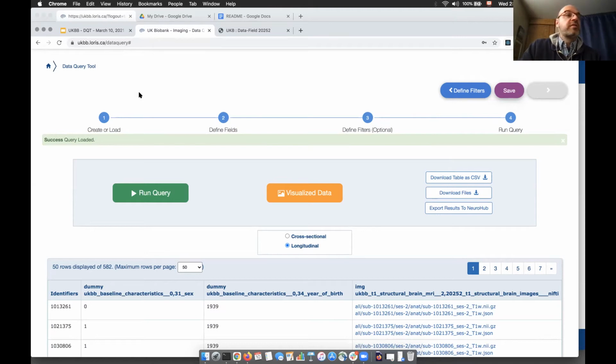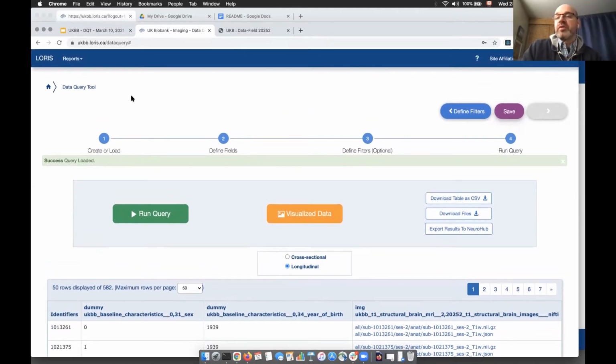I hope that clarifies for people who may not have been told that they have a LORIS account. This was mentioned in some of the registration information, but we understand that it takes time getting the back and forth completed with the UK Biobank and the AMS system. Like I said, we've seen it take up to 2 weeks. That's why we give a little bit of notice, but we understand in some cases it may not have been sorted out in time for the workshop today.